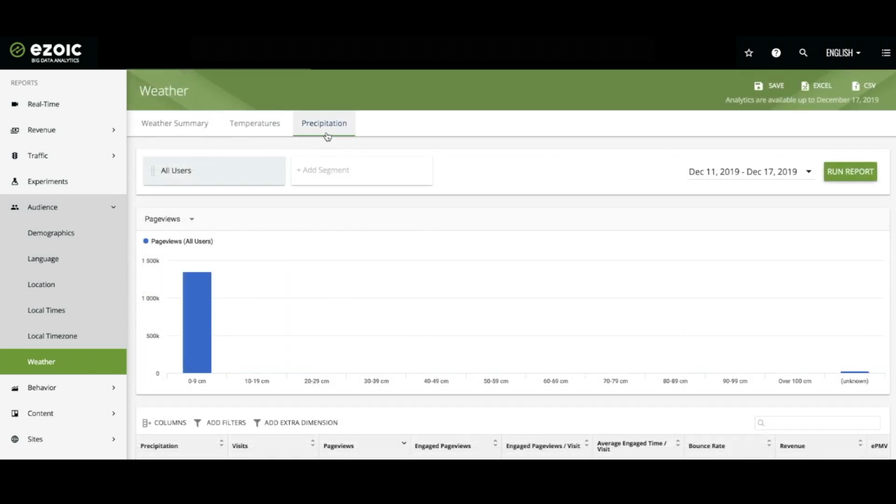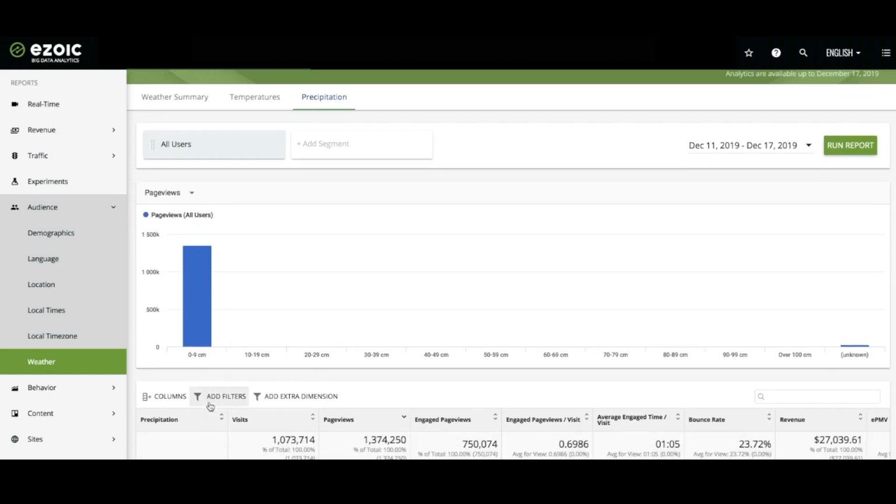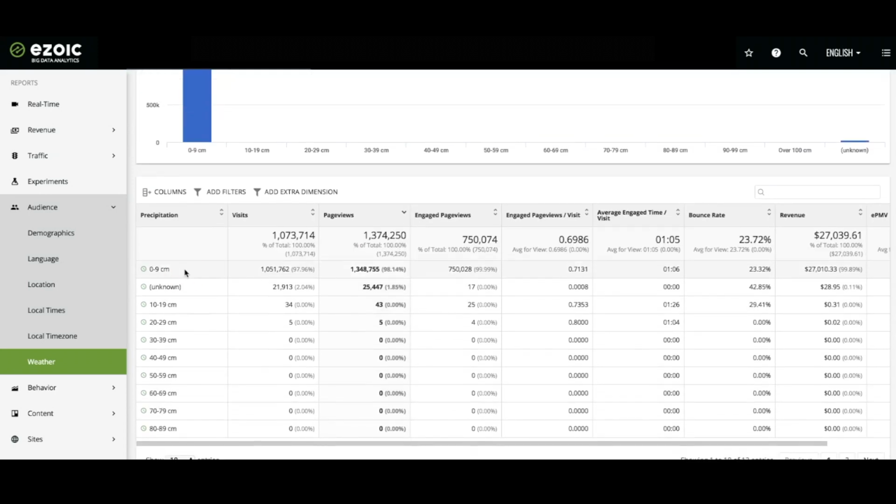And finally, we have the last section, precipitation. This shows us the amount of rainfall that happens on the day the user visits your site. Based on the report, we can see how many users appear on the site with a corresponding precipitation or rainfall, and this is given in